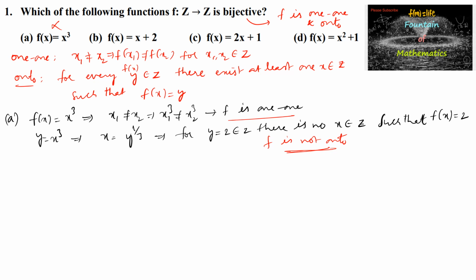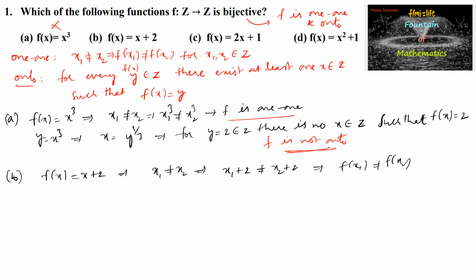Coming to the second option, f of x is equal to x plus 2. So here also we can say for x1 not equal to x2, x1 plus 2 is not equal to x2 plus 2, which implies f of x1 is not equal to f of x2. So therefore f is 1 to 1. And coming to the onto,